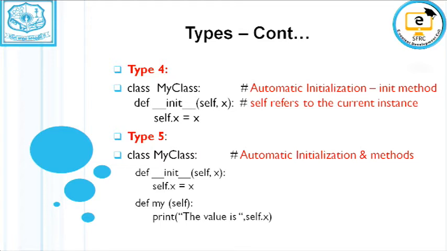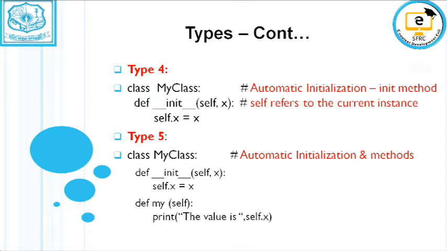The x variable denotes the local variable that is going to be assigned to the instance variable x, which is preceded by self. self.x denotes the object to which the value x is assigned. So to automatically initialize the value of x, you need the init method, and it helps to include automatic initialization